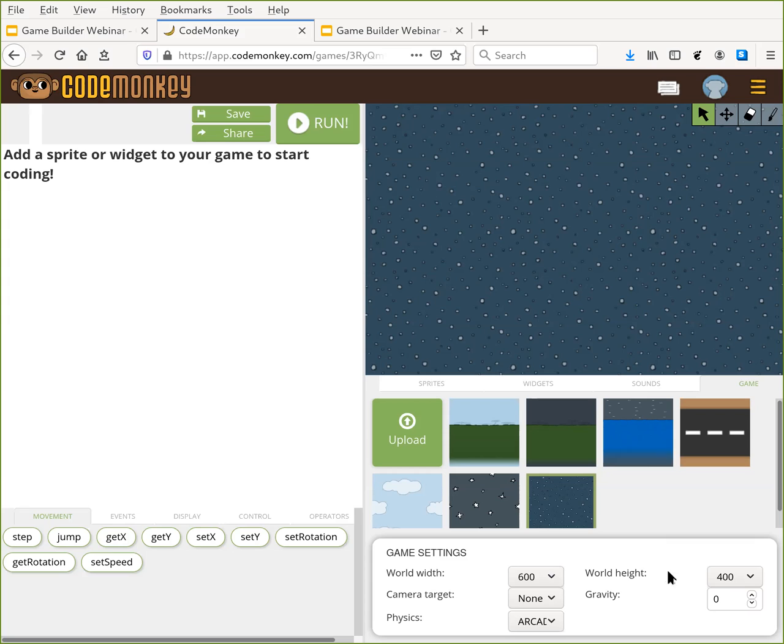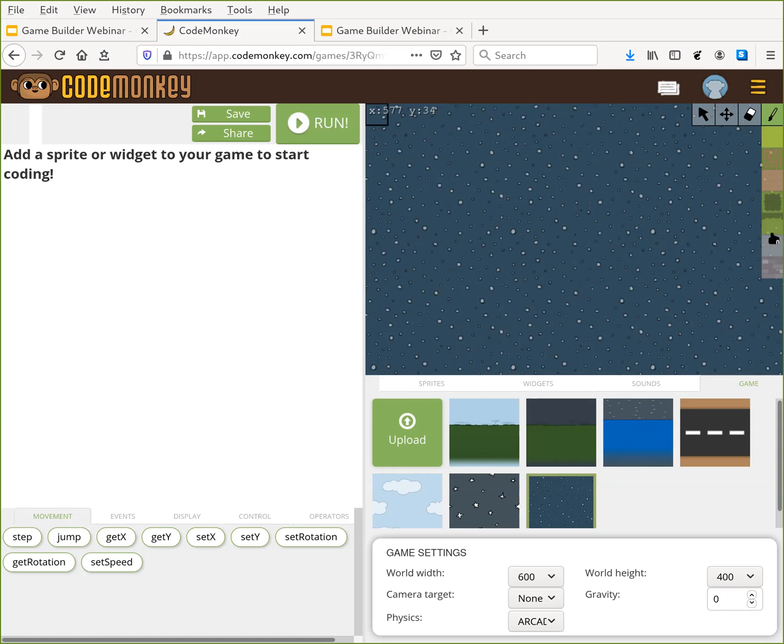The next thing we need to add for a PacMan-like game: PacMan is running around in a maze. We want to create some boundaries to the game world and then add some walls and such. To do that, we're going to use the paintbrush tool, which allows us to add tiles to the screen that act as obstacles.